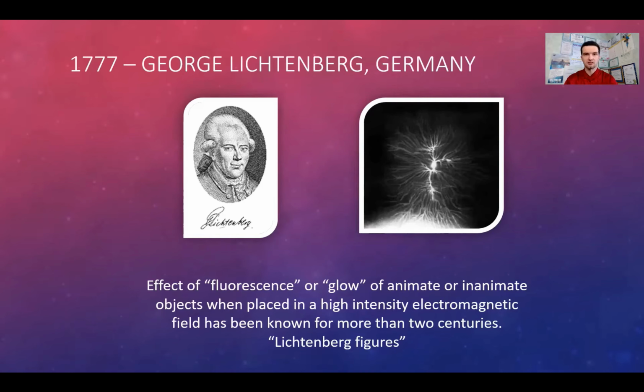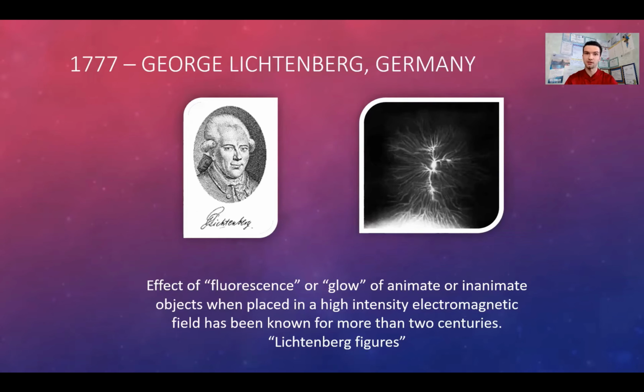And when he connected a wire to this metal rod and touched it with his hand, he noticed that there was some kind of emission glow around his hand when he was touching the glass surface. So, this effect of fluorescence or glow he registered,